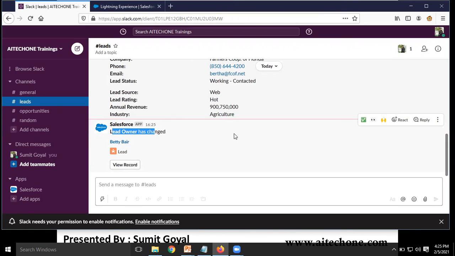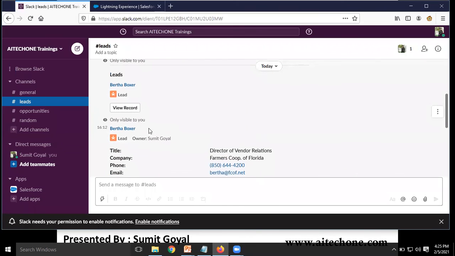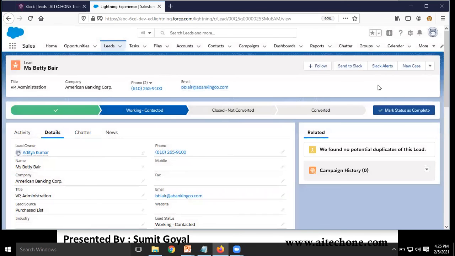And now we can see who the owner is. So I can see the complete record. See, now the owner is Adit Kumar. Earlier the owner was Sumit. And in the same manner,